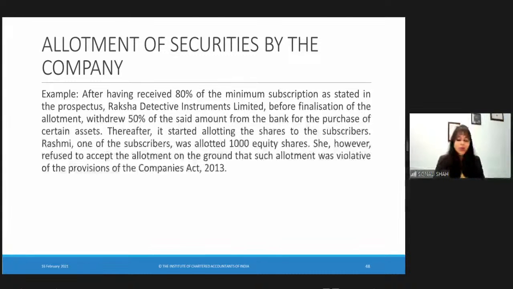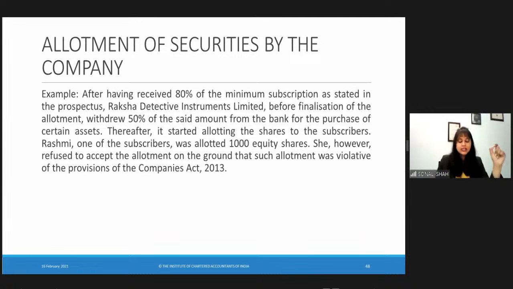For revision also, Mahima, see, the notes are just coming out of the Bare Act only. So let's say here we were talking about the allotment of securities. So the first point, what did I tell you about allotments of security? The first point is the requirement of minimum subscription. What is the requirement of minimum subscription?